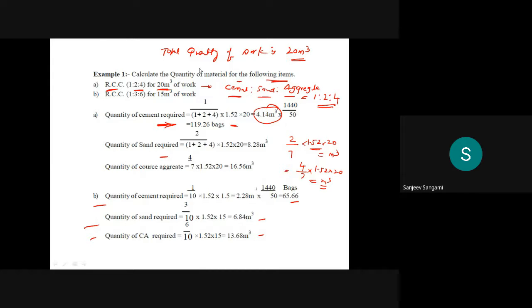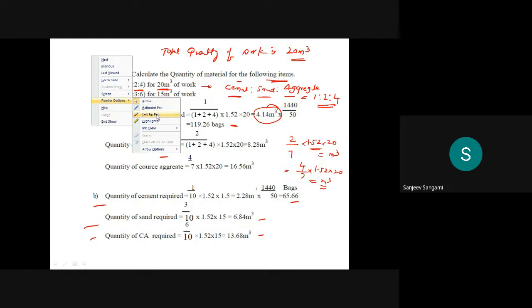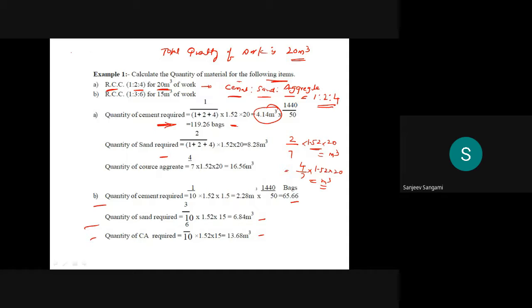actually I said it is the density of the cement. It is not the concrete. Make that correction. It is 1440 kg per meter cube is the density of cement. Okay, for concrete it will normally be 2440